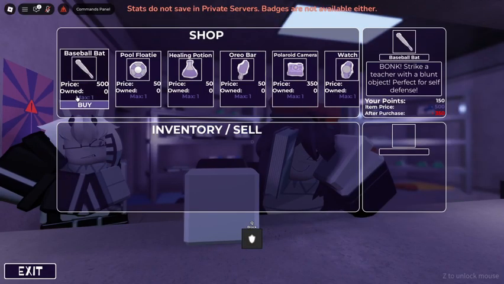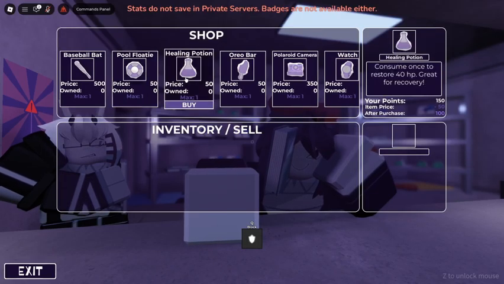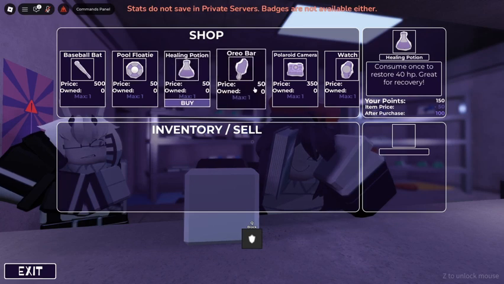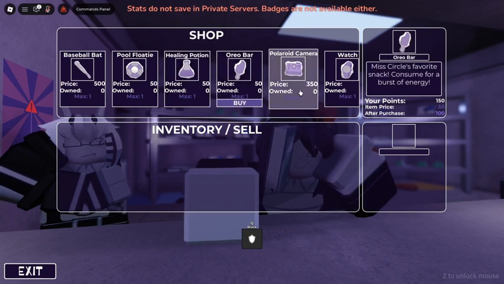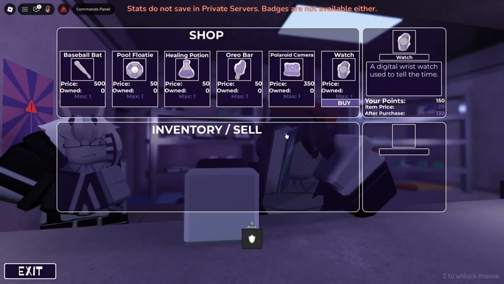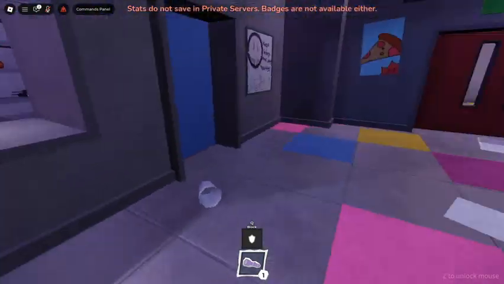But anyway, you can get a bat for 500 points. You can get a pool floaty for 500 points. You can get a healing potion for 50 points. Oil bar for 50 points. A Polaroid camera, which is like a flashbang, for 350 points, and then a watch for 20 points. So yeah, that is the item shop.